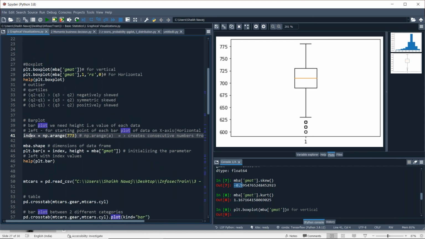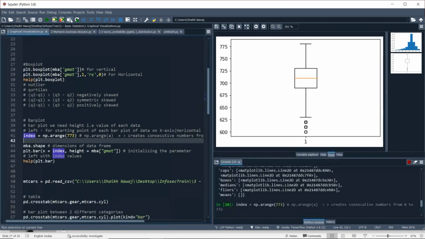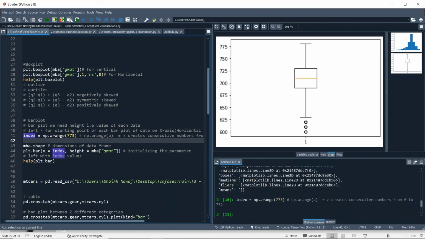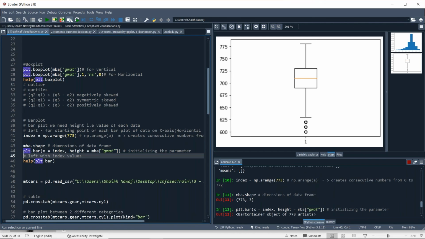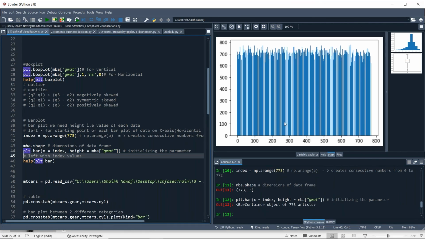Okay, now let's plot a box plot, but here our total number of observations is 773. So there is quite a huge number of observations. If we plot the bar plot, it looks like this.